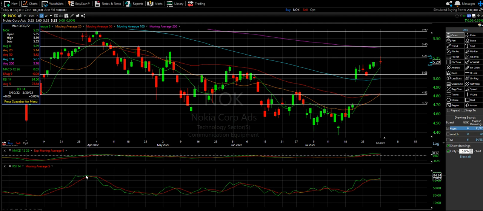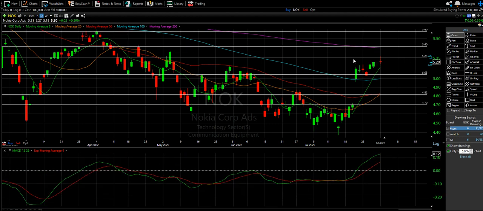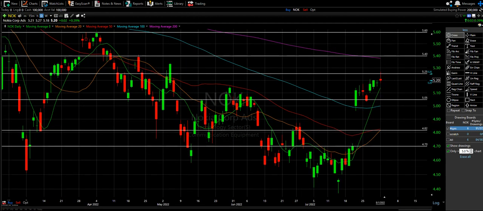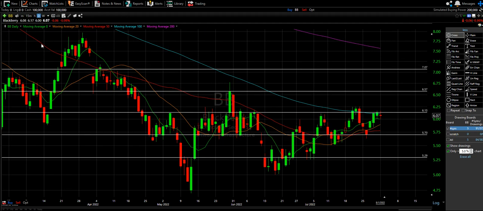So, yeah, we might actually see a chance at this 540 line. Nokia, looks like whatever this gap up was, it might not have been too fake. We are halfway there. That's number 3 of 6, and we're moving into BB, so BlackBerry. I feel like this one's fallen off the meme world. I don't see it as much, but hey, again, a number of things happening here, and our lines are still